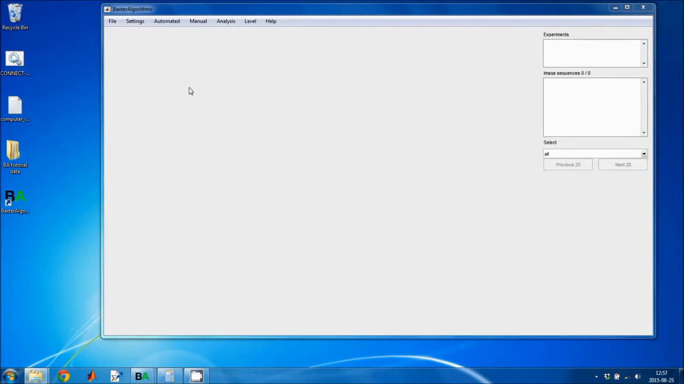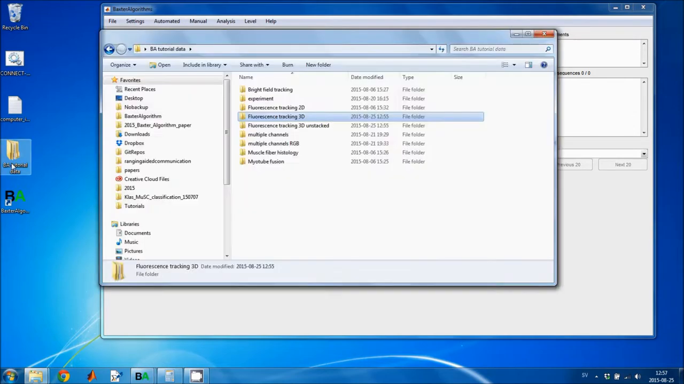This tutorial describes how you can open 3D datasets in the Baxter algorithms. In a 3D dataset, you acquire multiple 2D images at different z coordinates in your sample. And you can either save these 2D images as individual TIFF images or as TIFF stacks, where there's one file